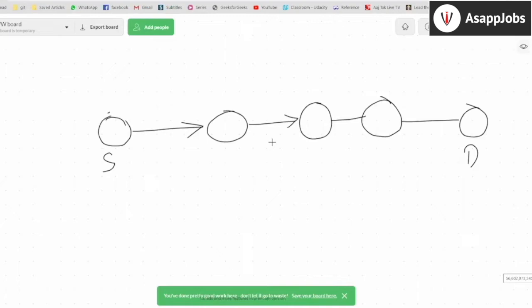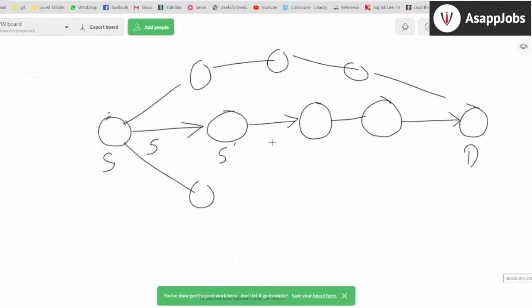What I want to find out is the minimum path. The edges that are drawn are length based. So there is a length between vertex S and maybe you can call this S prime. The length say is around 5, maybe 5 meters. I want to find the distance from source to destination, or rather the minimum distance. I don't want to find any distance, I want to find the minimum distance. So this is one of the paths I have drawn. There might be multiple paths from S. This is just one of the paths, right?